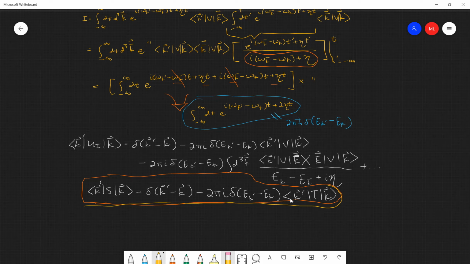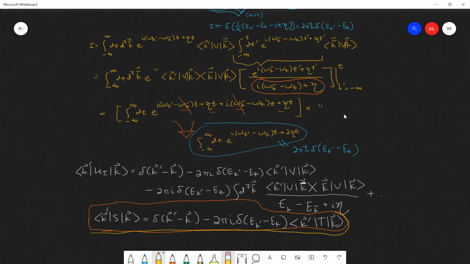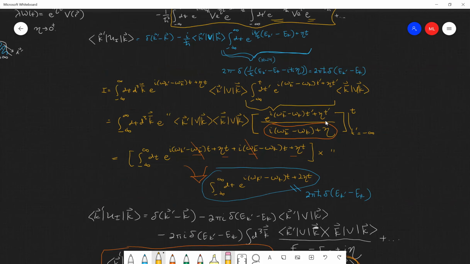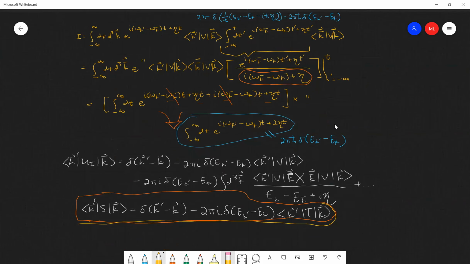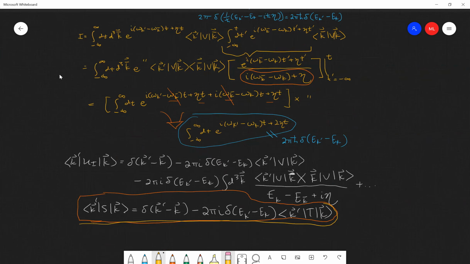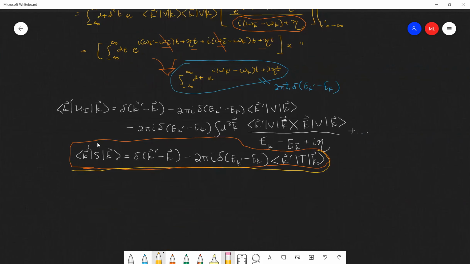So it's nice. And again, this eta plays the same role as the plus i epsilon did in the Born approximation. So all these pictures are consistent with each other and give you different ways of looking at scattering as a kind of time-dependent perturbation theory problem, as just a regular perturbation theory problem in terms of when we did the Born series. And the S matrix is the thing that connects the time-dependent problem to the time-independent